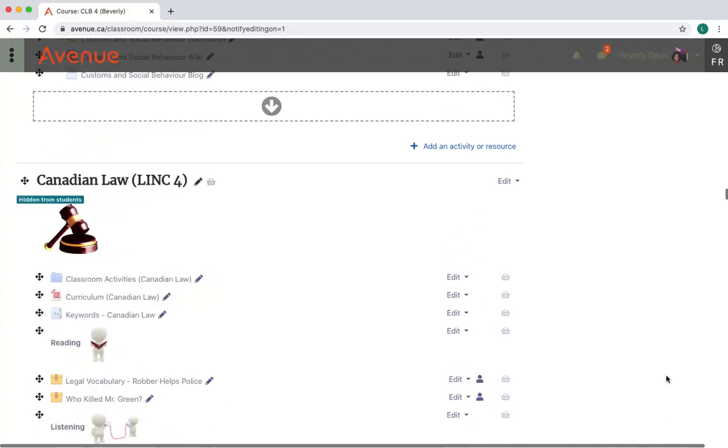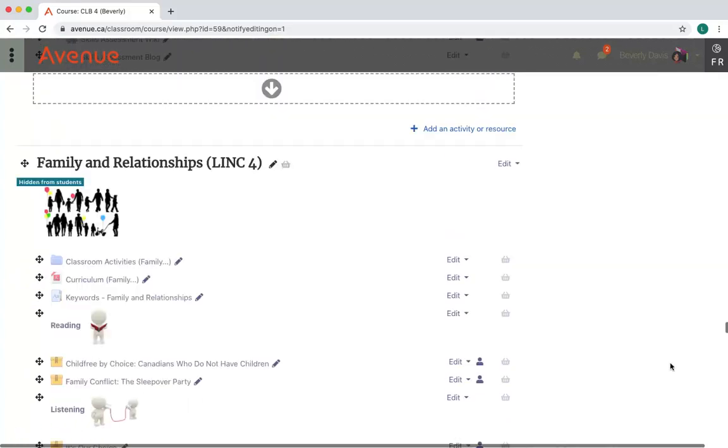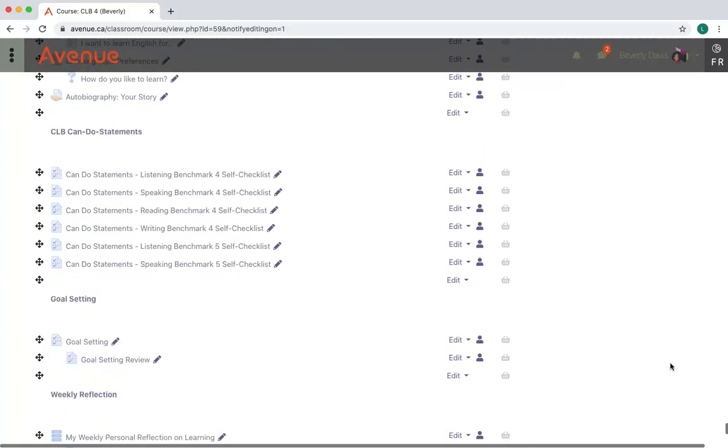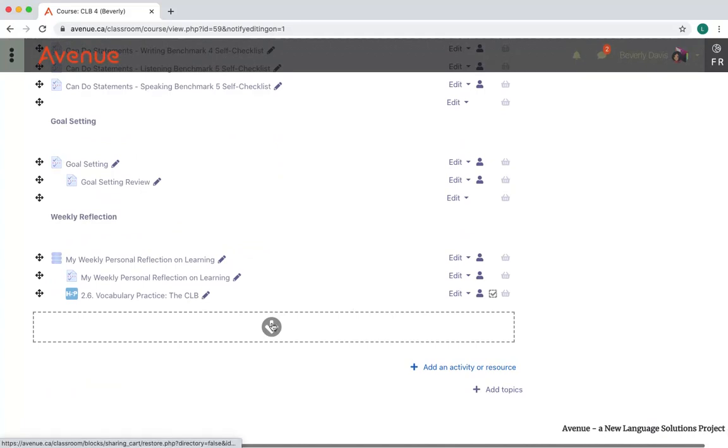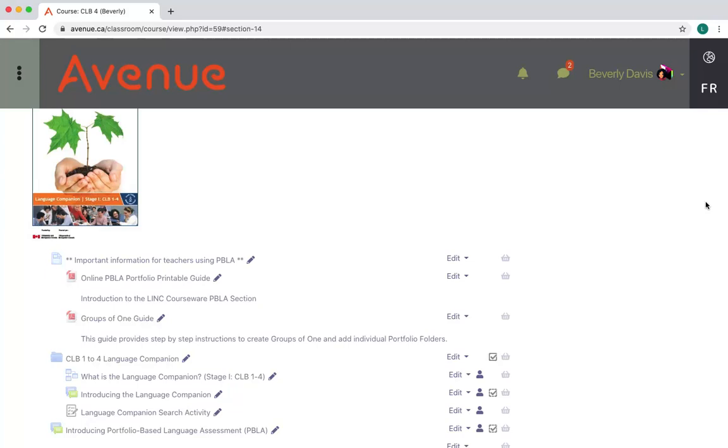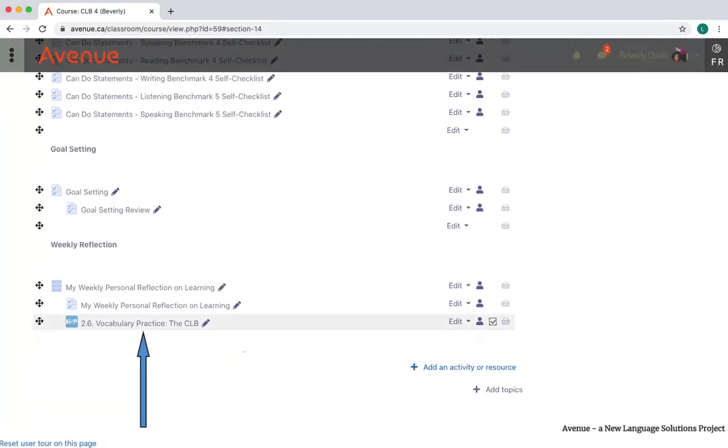I'll scroll down to the bottom of the appropriate topic or section and click on the Copy Here icon. The H5P activity now appears in your course. You can rename it, move it around, but it's now ready for use with your students.